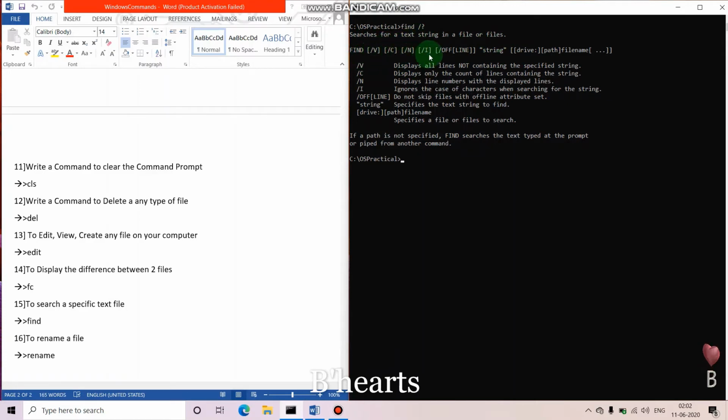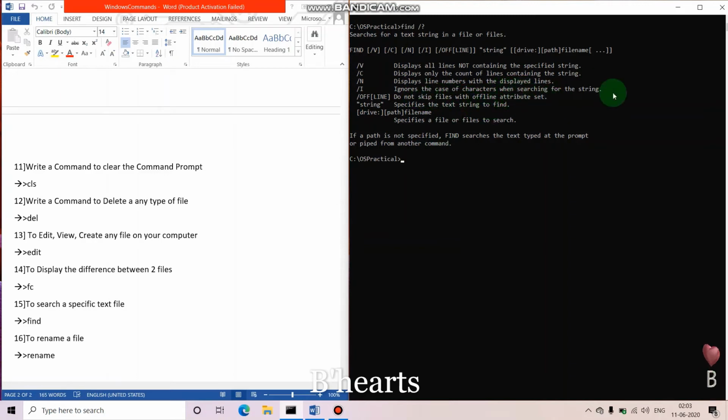So these are its parameters: /v, /c, /I. /v is used to display all the lines that do not contain the specific string that we have specified in the command. /c is used to display only the count of lines containing that particular string. /n displays the line numbers with the displayed lines, meaning line 1 will be shown as 1, line 2 as 2, line 3 as 3. /I is used when we don't know whether the string is written in uppercase or lowercase.